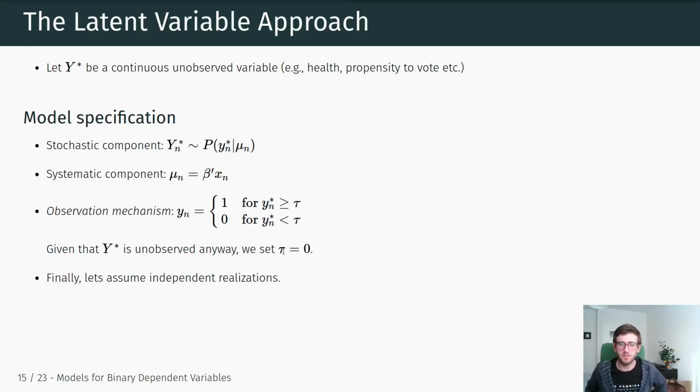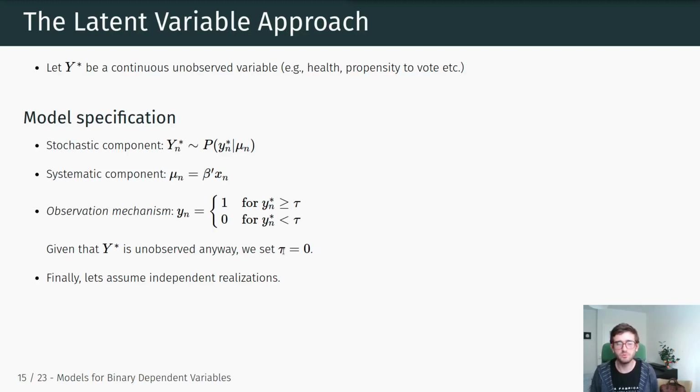We could think about this temperature being measured in Fahrenheit, or we could think about this latent construct being measured in Celsius or something like that, right? Obviously different 0 points, obviously different scaling, but ultimately what we're describing is the temperature. So given that it's arbitrary, we can just choose a threshold that makes things easier for us, and so we just assume. Also to make this model ultimately identified, we just assume that this threshold is equal to